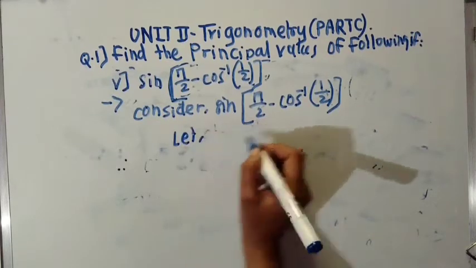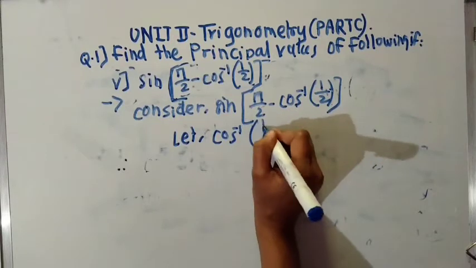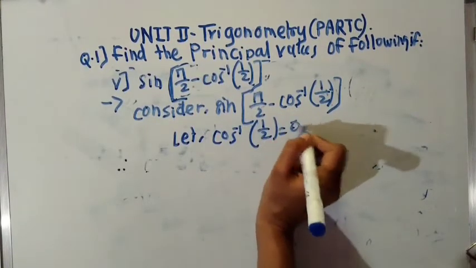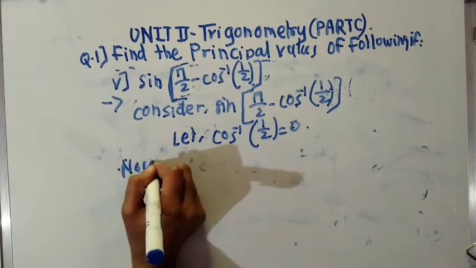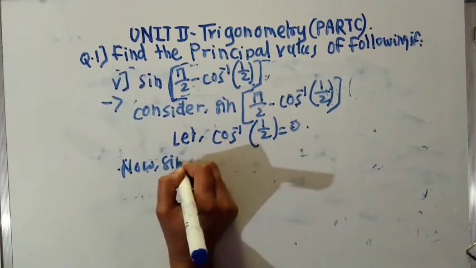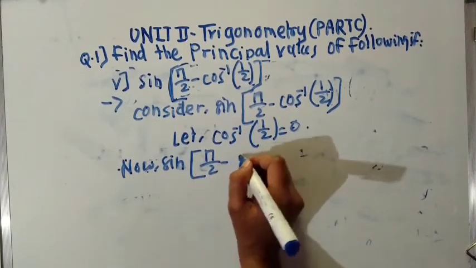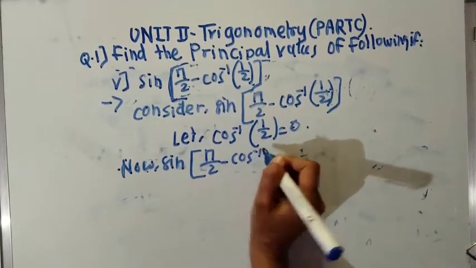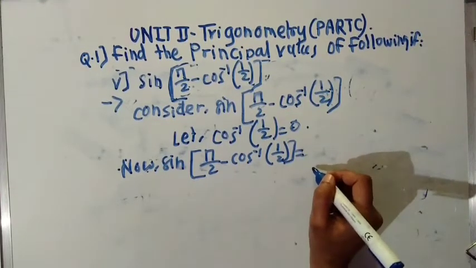Let cos inverse of 1 by 2 be equal to theta. Then sine of pi by 2 minus cos inverse of 1 by 2 is equal to